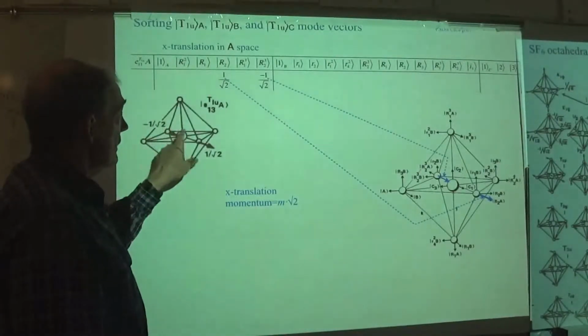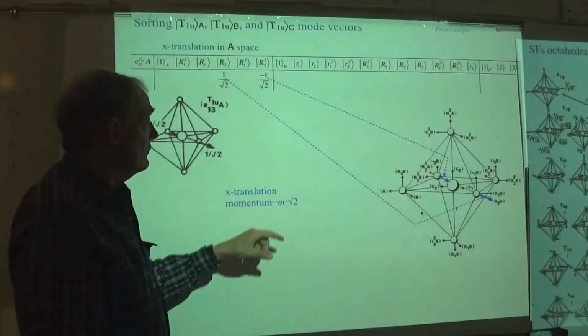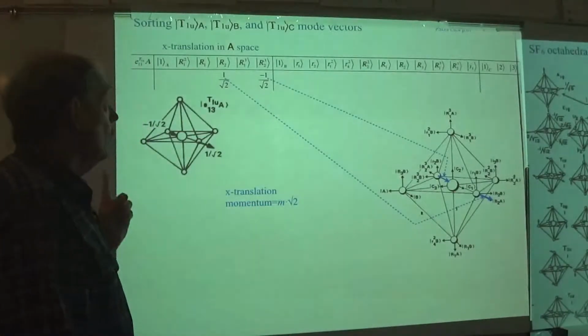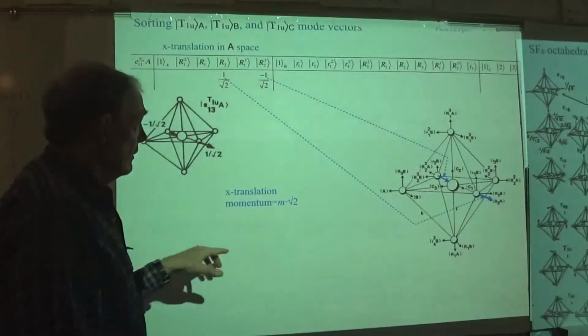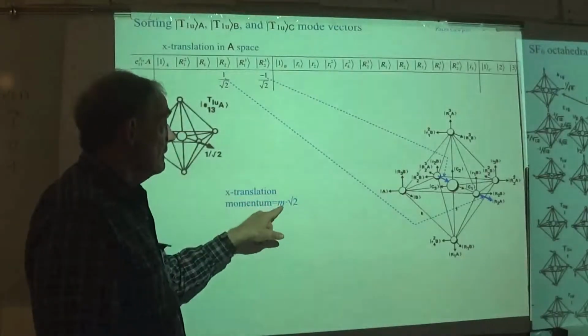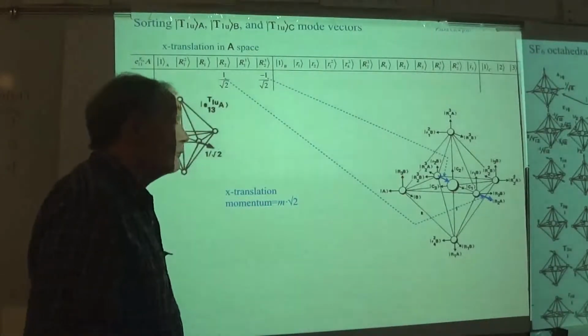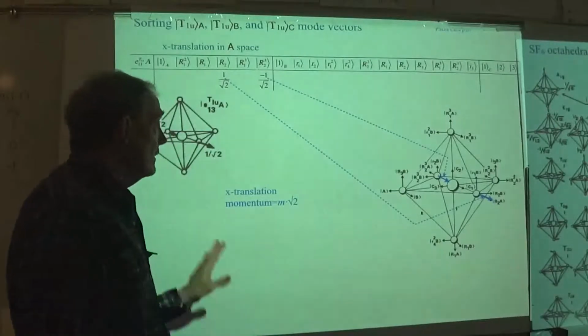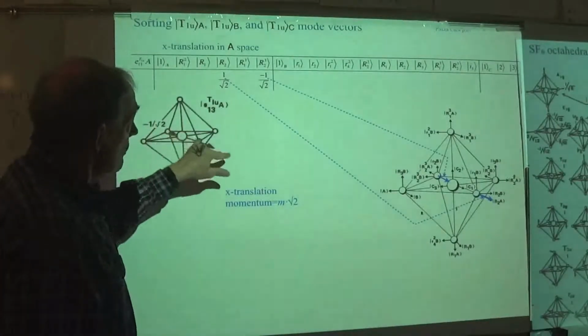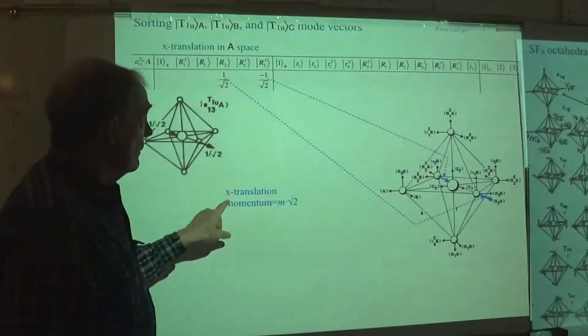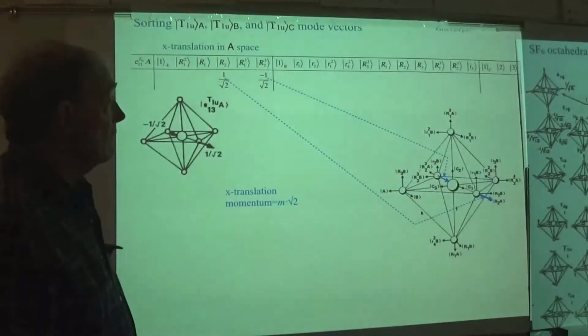There's a normalized vector, 1 over the square root of 2, so the momentum that we're talking about here is 2 over the square root of 2. So it's the mass of the sulfur, mass of the fluorines. The fluorines are moving here, everything else is standing still. It's only 2 of them going back and forth. That's the A-type T1U, okay, which you see